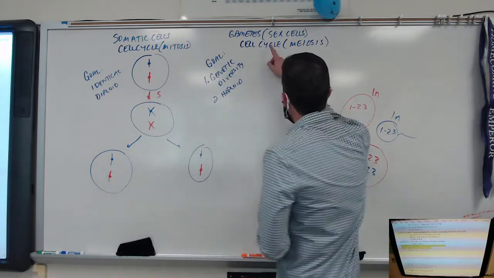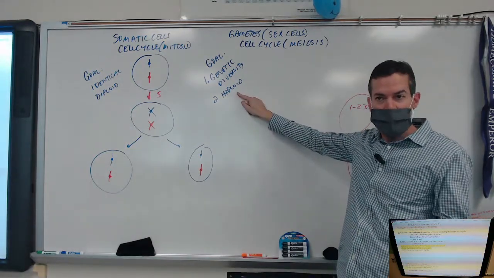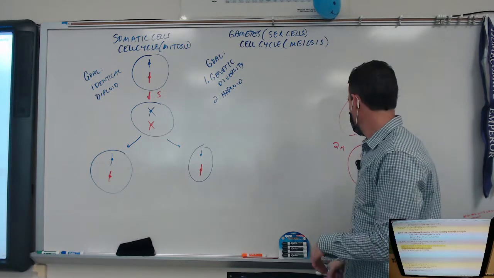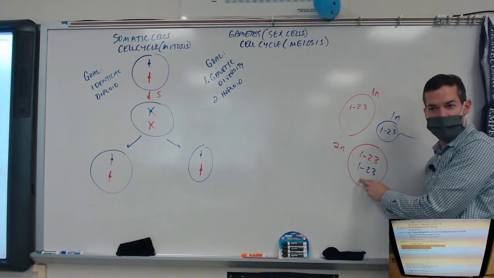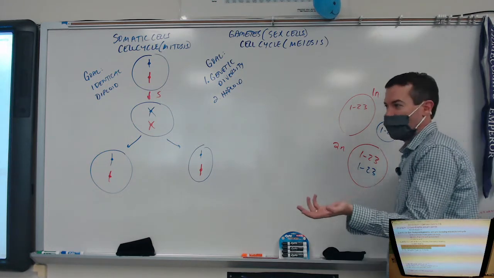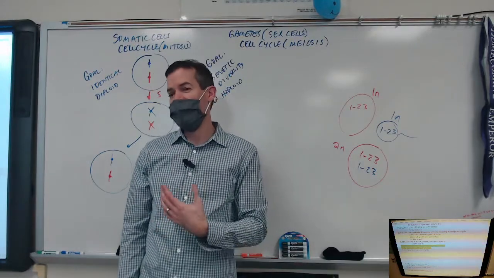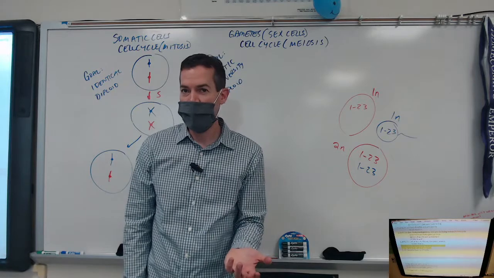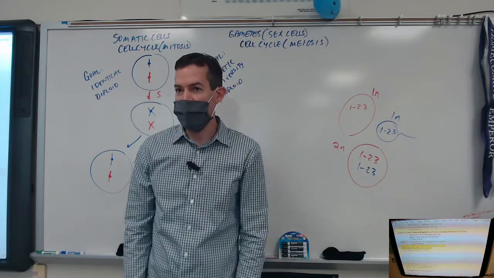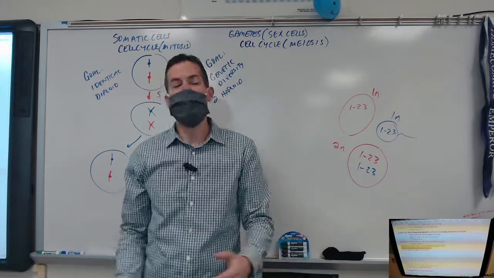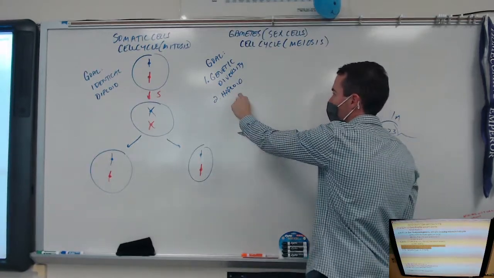So whenever I'm doing meiosis, I want haploid cells. I want half as much DNA. Otherwise, if dad's cell was diploid and mom's was diploid, then the kid would be quadruploid. Does that kid turn out okay? Remember, just having an extra chromosome 21 was Down syndrome. Having just a single extra chromosome 13 was like Cyclops with a horn growing out of your head. So now imagine you had twice as much of all of them. That's not okay. So whenever we're doing a cell cycle with meiosis, we want haploid cells eventually,